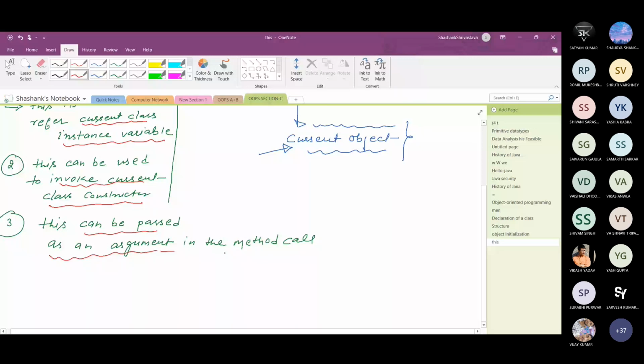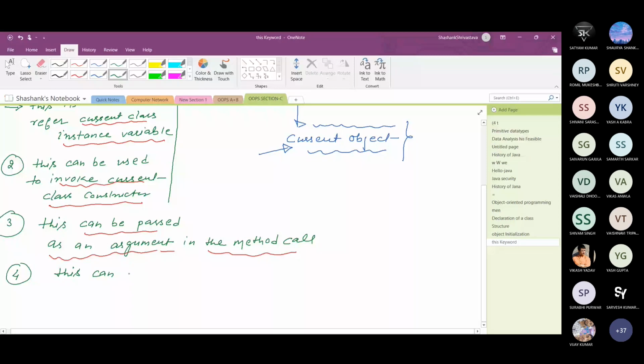The fourth one is that this can be passed as an argument in the method call, as well as in the constructor call.